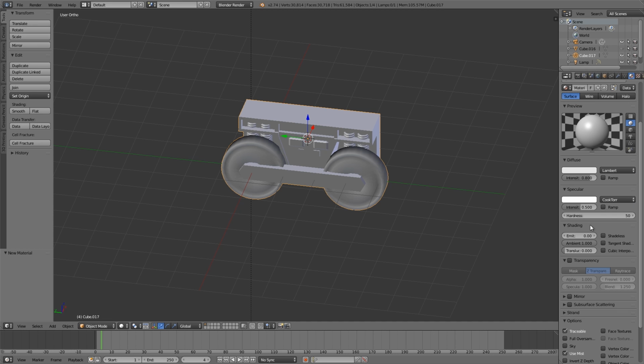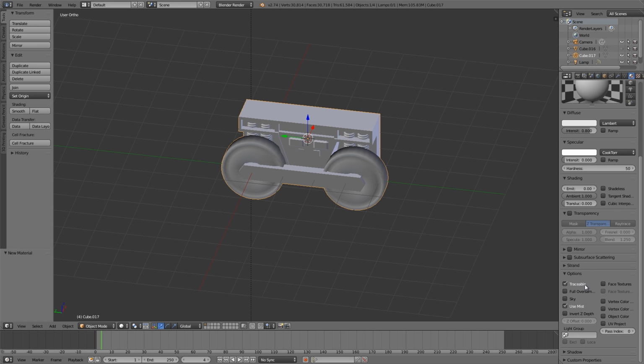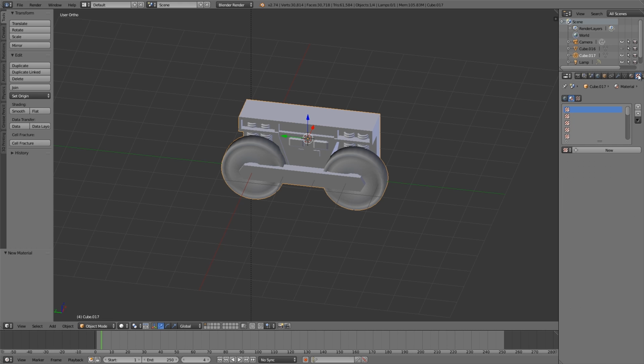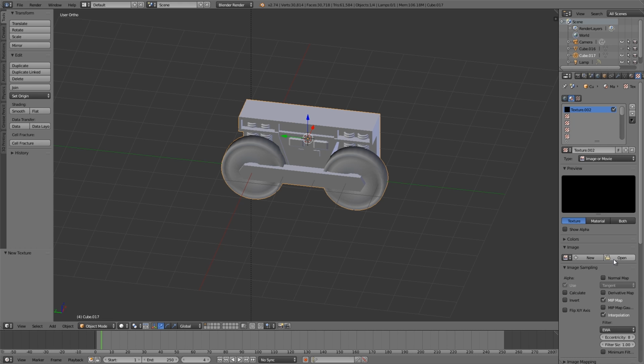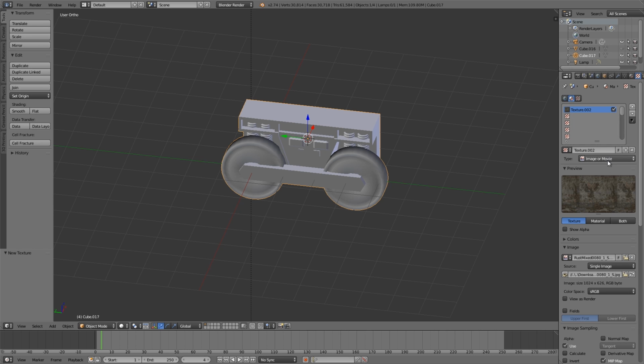Go New Material, add No Specular. Then we'll go over to the Texture tab here. Click New, and then click Open. Now the texture I'm using here is called Rust Mixed. Again, it's from CG Textures or textures.com. If you want to go ahead and download it from there for free, you need an account, but apart from that, you should be able to get it. Looks like this, and it's called